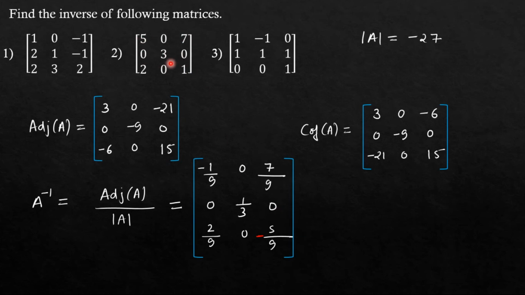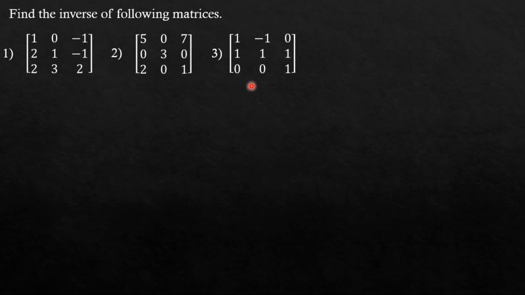This is the second matrix. So that is how we find the inverse of any matrix. Now consider this third matrix. First check for orthogonality. Consider the first two rows. 1 into 1, 1, minus 1 into 1, minus 1, plus 0 into 1, that is 0. 1 minus 1 is 0. So these two satisfy the condition for orthogonality.